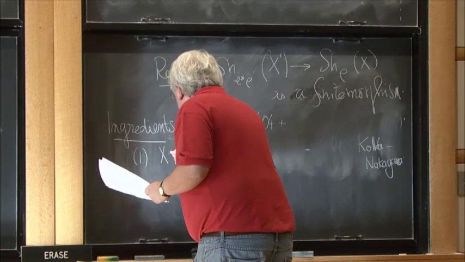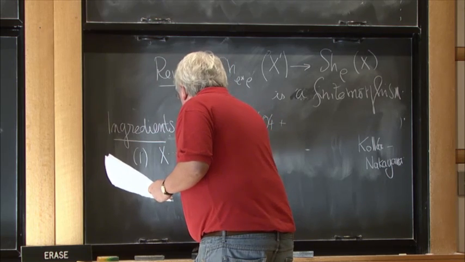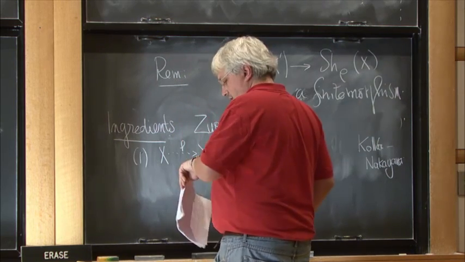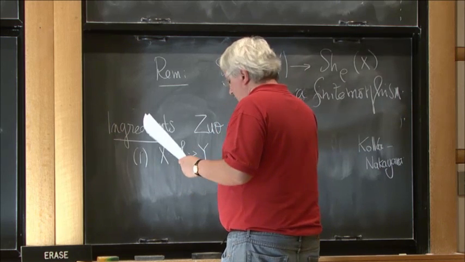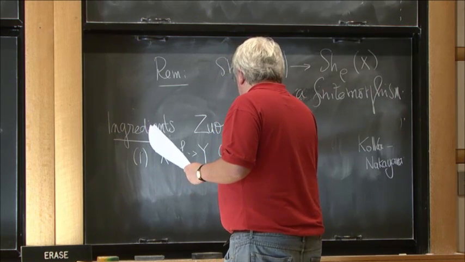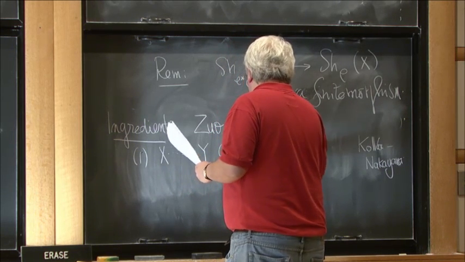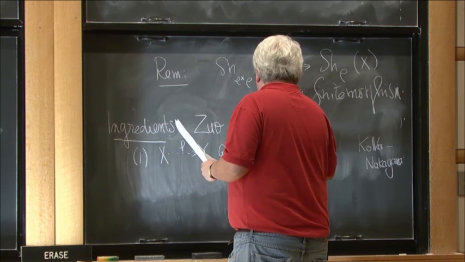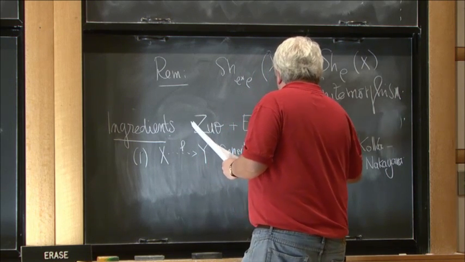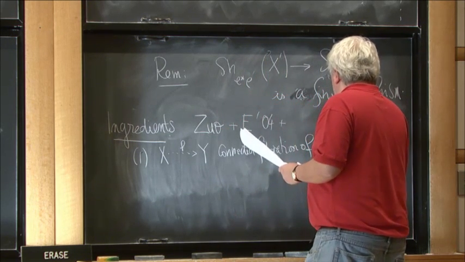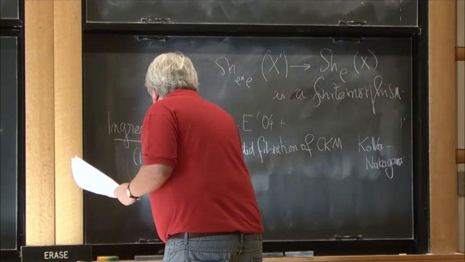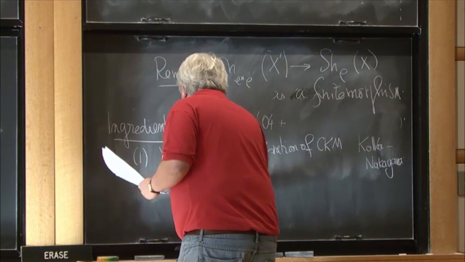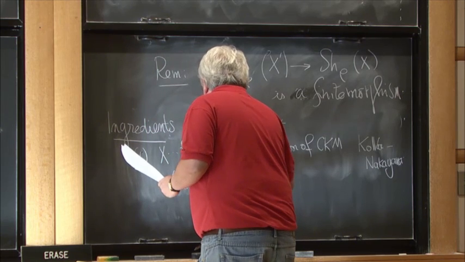So if f: X to Y is a connected fibration of compact Kähler manifolds, then we have the additivity of Kodaira dimension